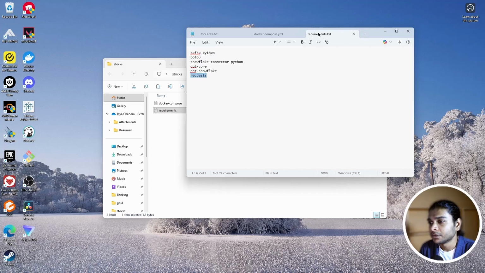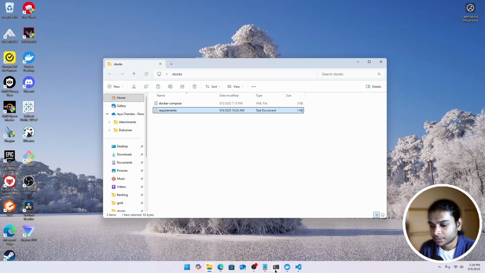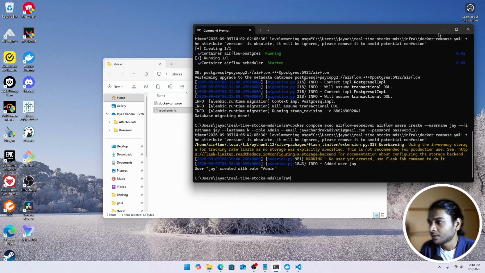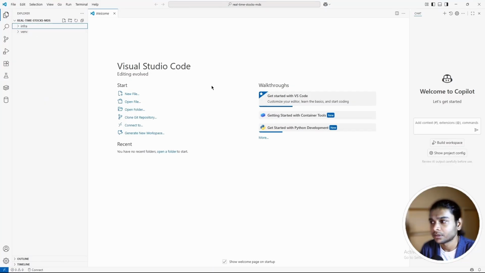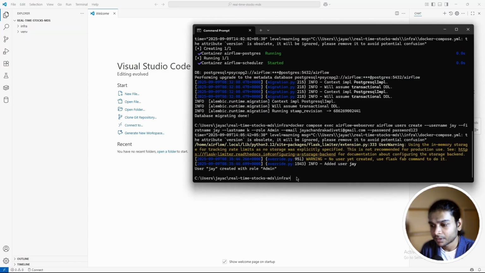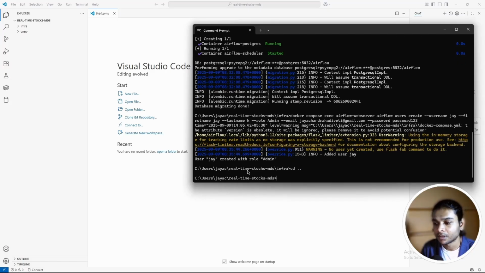Okay, so we need to install all these requirements. I listed all of them in the .txt file, and this requirements.txt will also be available on GitHub. Now to run that, you can run that on command prompt as well, or we can just go to here. No, let's just run that on command prompt. Right now we are in infra. We need to go back a little bit. So to go back, we do cd dot dot, and then